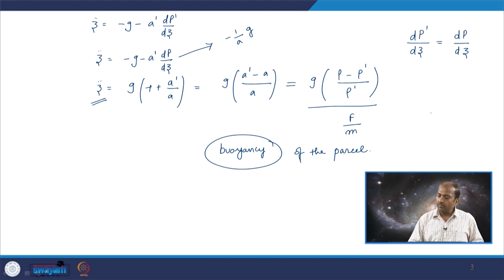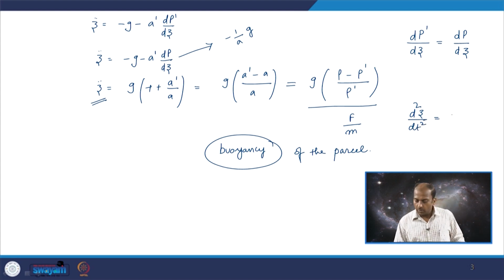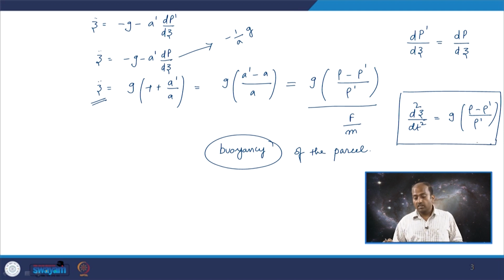We simply have a second order differential equation where the acceleration equals force per unit mass. The solution of this equation will represent how the parcel will move as a function of time. So, d square z by dt square is simply g times rho minus rho prime divided by rho prime. We need to solve this equation to understand the air parcel's movement as a function of time. Now, let us write